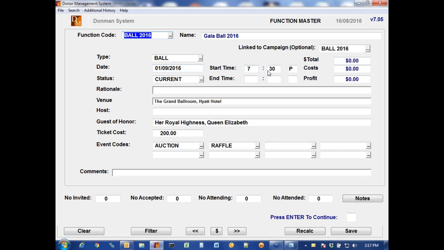Okay, looking further down, you've got a start time, if that's of any interest. The status, we're saying, is current, but of course, once this is over and done, you might put that back to past. The rationale is just why are we running that? The venue, the host, if there is one, guest of honour, Queen Elizabeth, yep, and the ticket cost we're saying